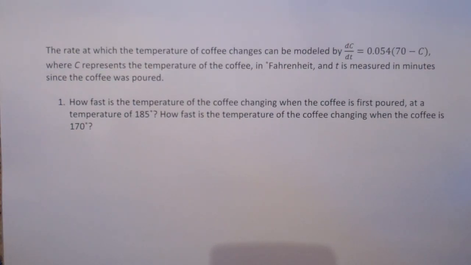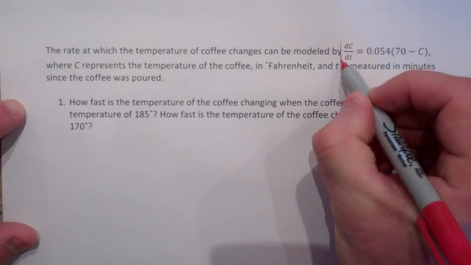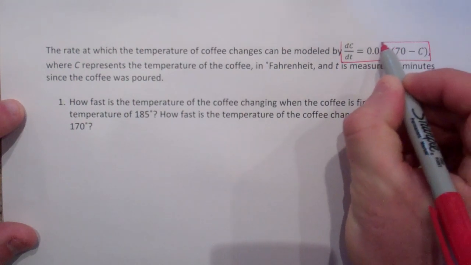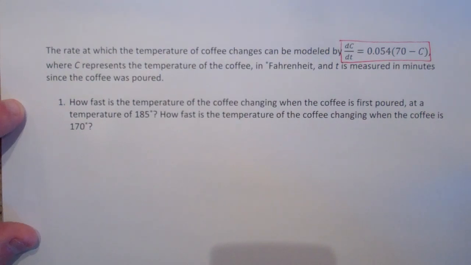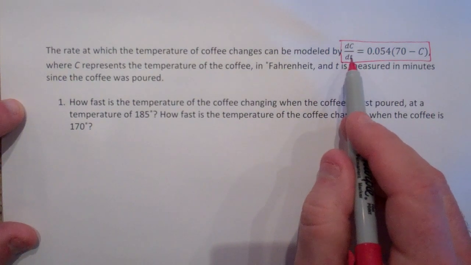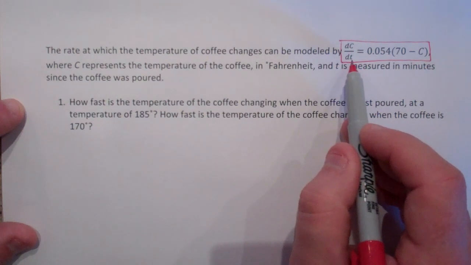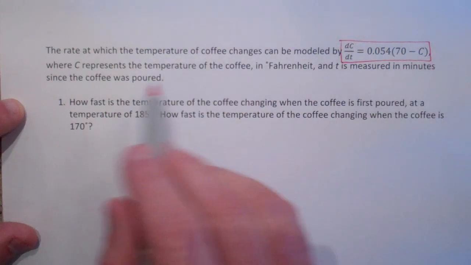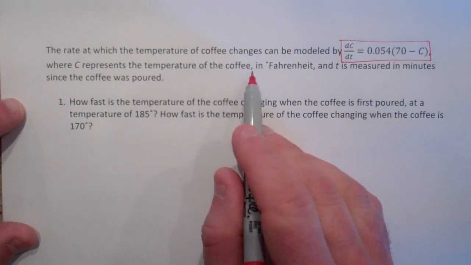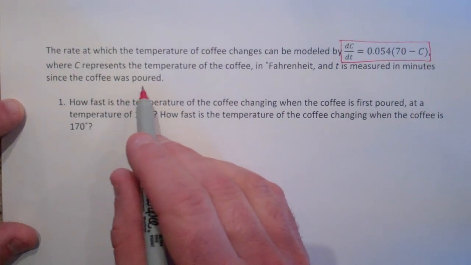In this problem, we're dealing with the rate at which the temperature of coffee changes. That can be modeled by this differential equation. We have our differential notation on the left-hand side, so we know this is going to be a rate. And this is how C is changing with respect to time. And it's actually in terms of C, not T. C represents the temperature of the coffee in degrees Fahrenheit, and T is measured in minutes since the coffee was